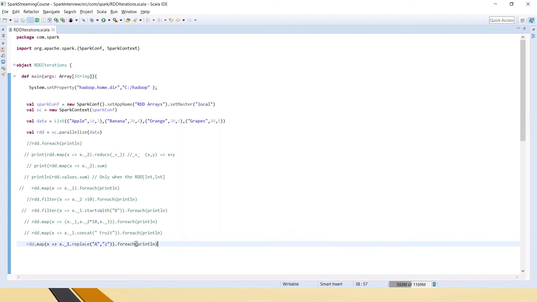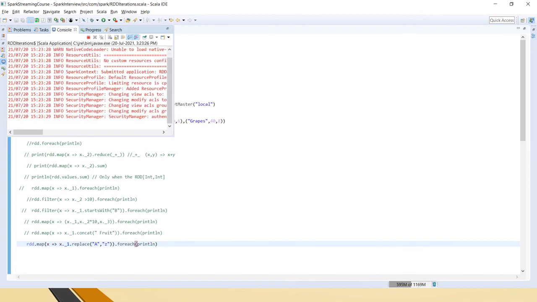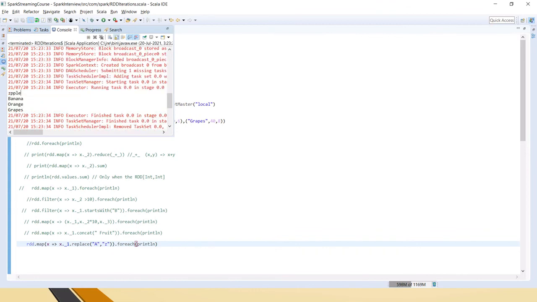So for apple it should give ZPPLE. You can see, no? Capital A is replaced with Z.